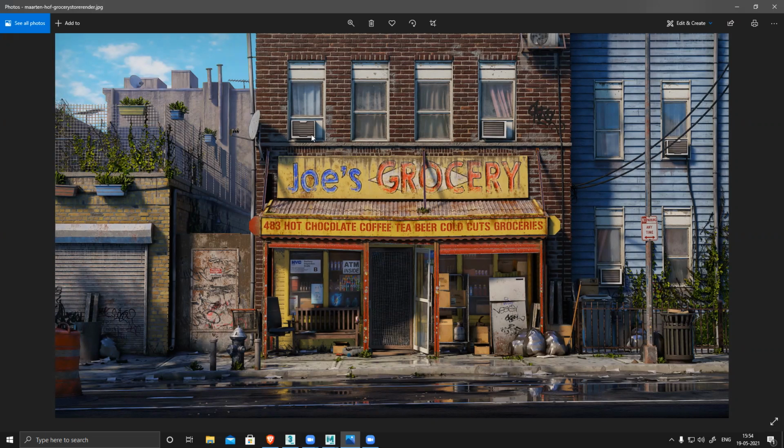So I'll create one AC and repeat, and these two ACs are repeating. See clearly, so I can repeat this thing. These windows are exactly the same, only the width is slightly less. There's a signboard, and everything we'll create. There is a hydrant. I'll create everything. All this, one by one, we'll create and finish everything.